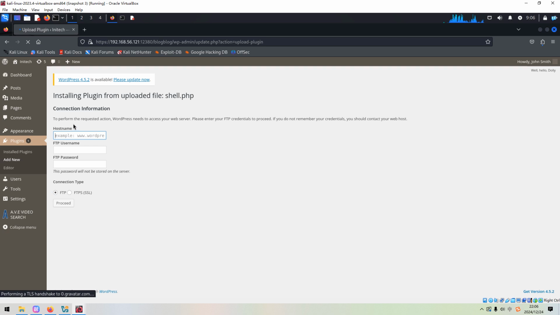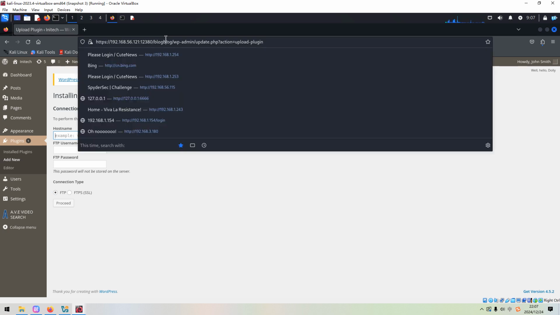Because we are required to provide connection information. It's certain that we do not have such information like FTP username and password. So how to do? Actually, our file has been uploaded. It's just not working. We do not need to let it work, we just need to know whether this file has been uploaded successfully.